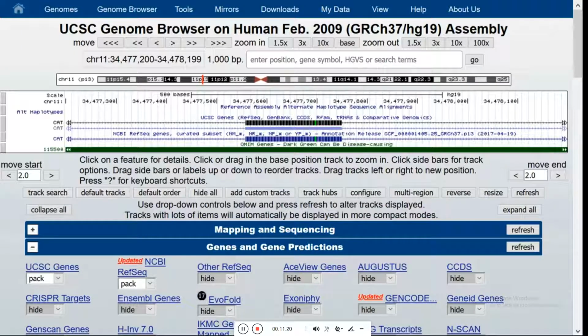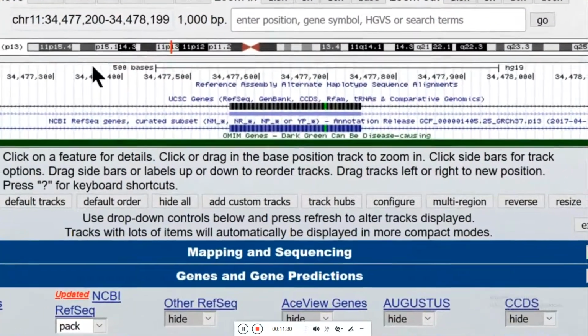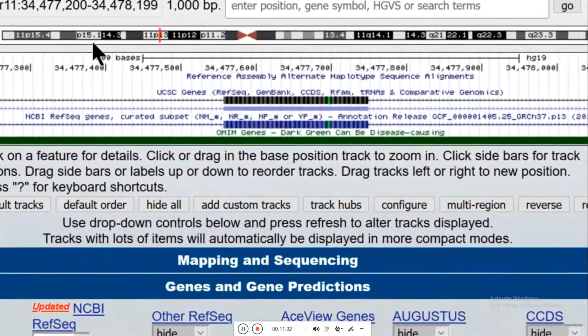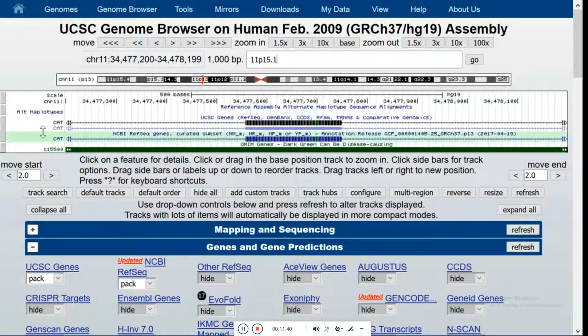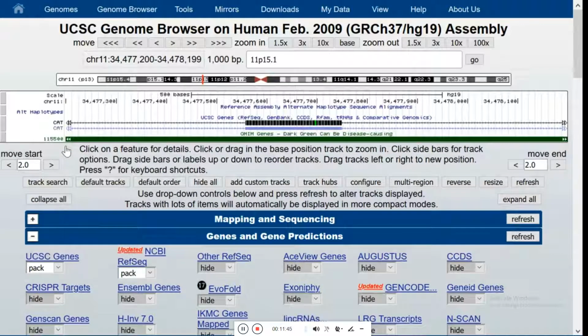Yet another way to navigate in the browser is to use the cytological band nomenclature. For example, up here you can see we're on chromosome 11, and you can see that here's band P15.1. Before I use that, 11P15.1, I'm going to turn off at least one of the gene tracks because we're going to get a lot of genes in the window. And then I'll hit go,